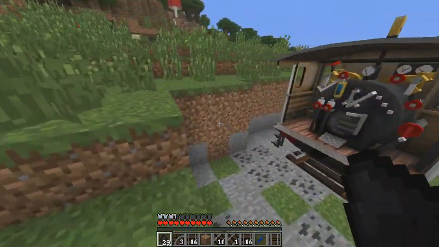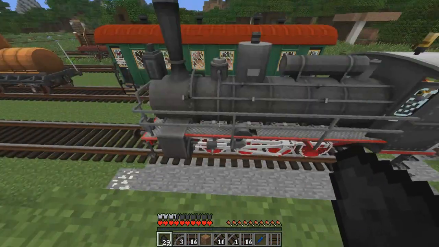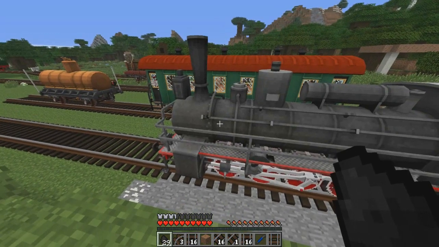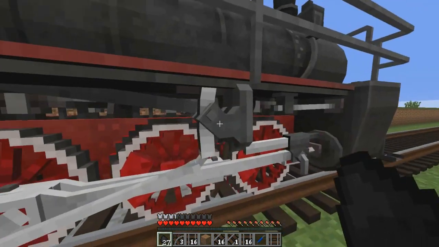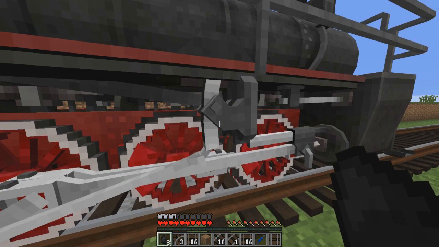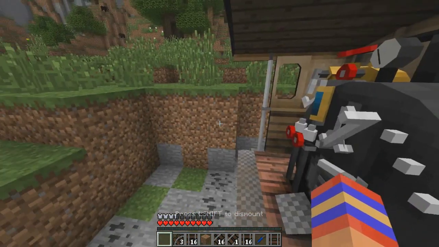Well, I decided to see what happens when you make a really, really long track go really fast and see what happens when you don't put a buffer stop there. So what we're going to do is load up Mr. Large Train here. This one is a really big engine, by the way. This is a classic Russian engine. So we are going to go ahead and...